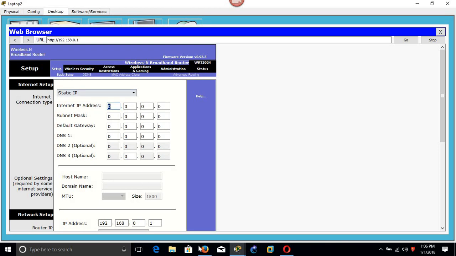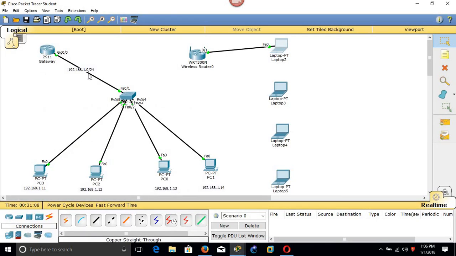LAN. In our LAN, as you can see in our topology, we have used 192.168.1.0/24, and in this LAN I have configured DHCP, which means all these PCs obtain their IP address from this router automatically. But I have made some IPs available for static configuration, for which I've created the range from 1 up to 10. I have reserved these IPs to be used for static configuration.